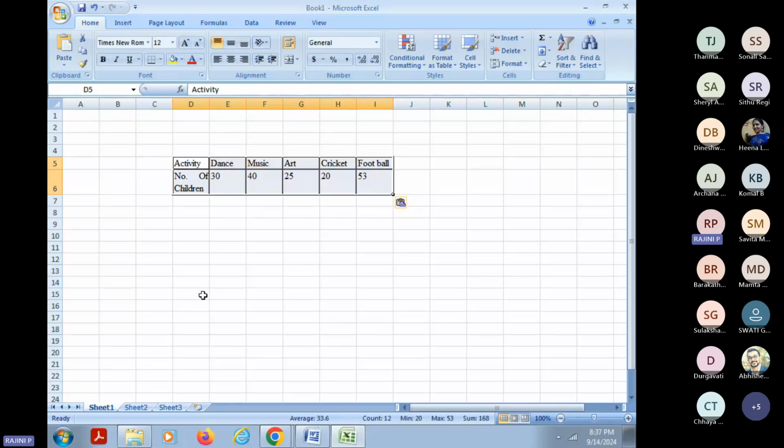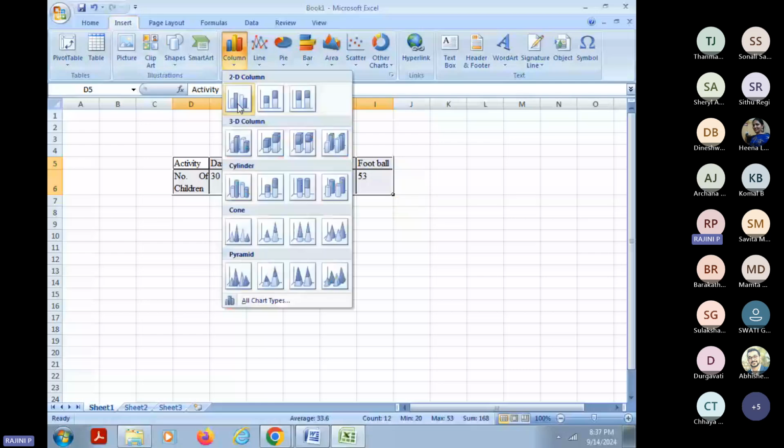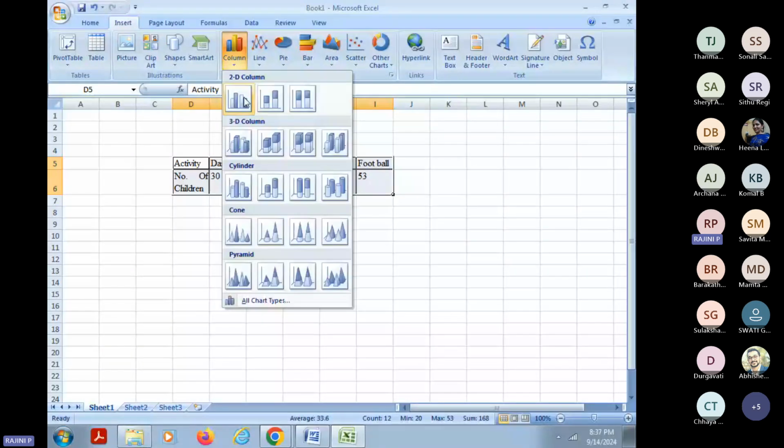Okay, I have the data with me. Now, how can I represent it in a bar diagram? First, copy the values onto an Excel sheet. After that, select the data and go to the Insert tab. In the Insert tab, go to the columns, and in the columns, select the first chart subtype. Once again, go to the Insert tab, go to the columns, and select the first chart subtype. Click on it, and you'll get the graph.